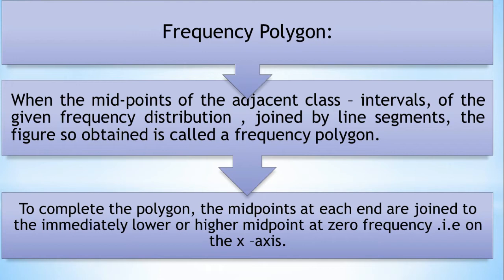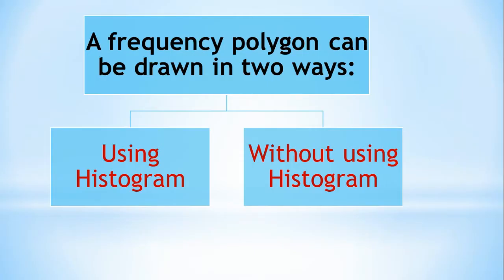So what we need to do? First we need to mark the midpoints of the class intervals, and while joining we have to consider one more class interval with 0 frequency before the given class intervals, and at last we have to complete by considering the next class interval at 0 frequency. 0 frequency means its value is 0, it doesn't have any other value. This point will be clearer when you solve the problems.